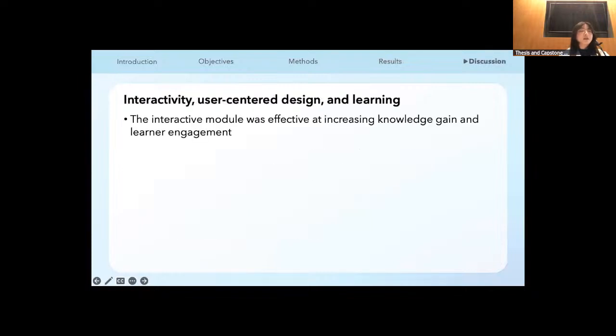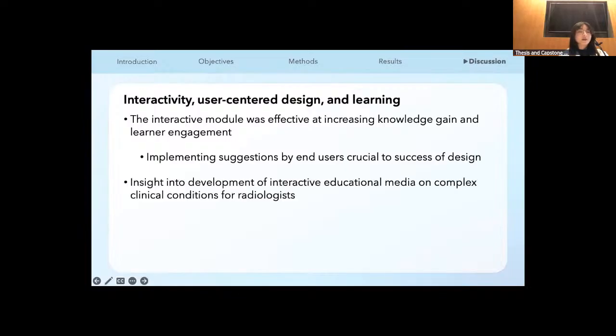So the interactive module was effective at increasing both knowledge gain and learner engagement. The implementation of suggestions and visualization preferences by the end users, in this case radiologists, during the research period of this project was crucial to the success of the design. The results of this study can also provide some valuable insight into the future development of educational media of complex